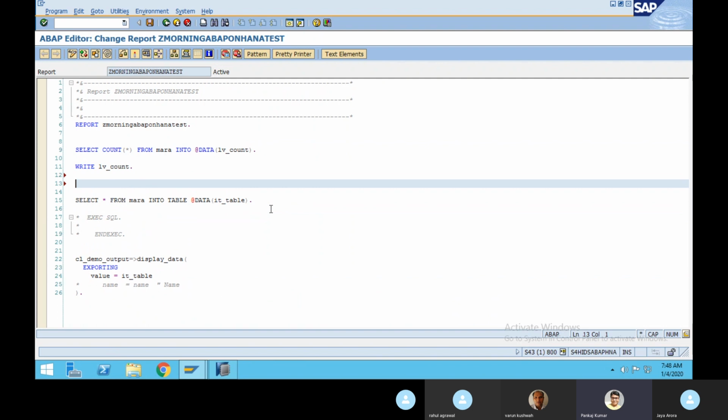You have to remove all the native SQL statements, because native SQL statements are not going to work. Let me note it down over here.